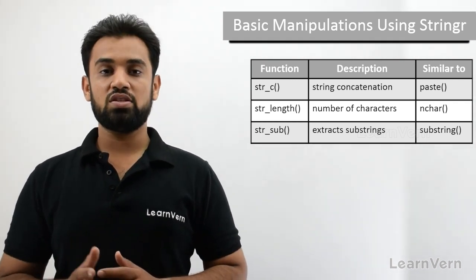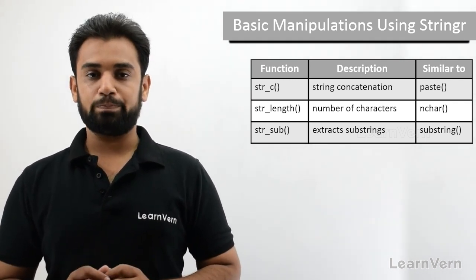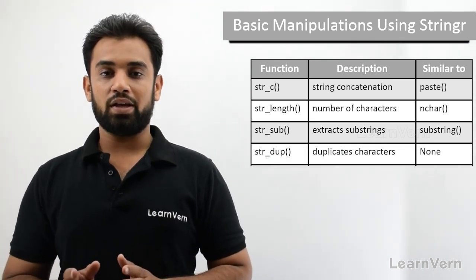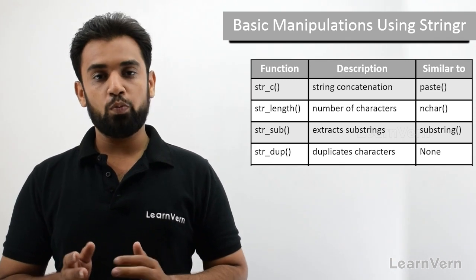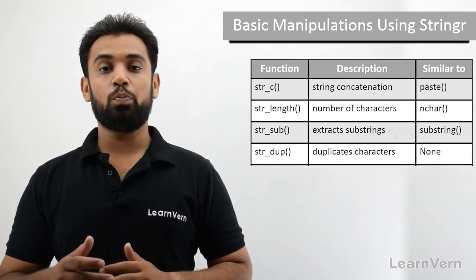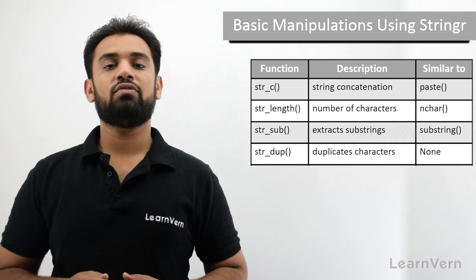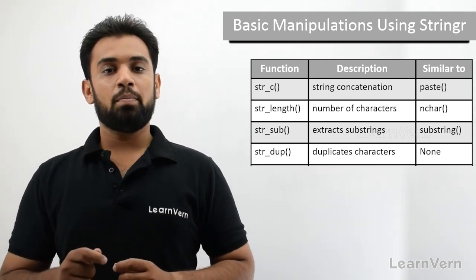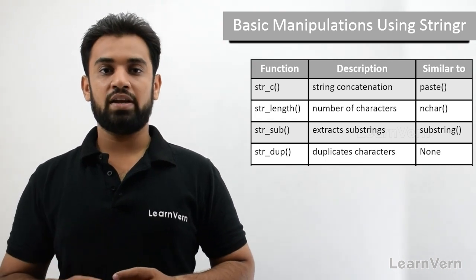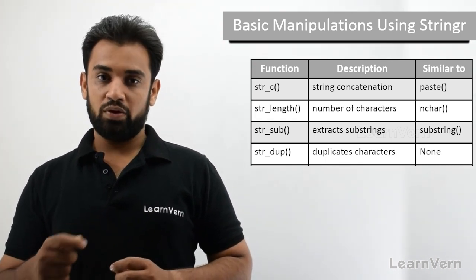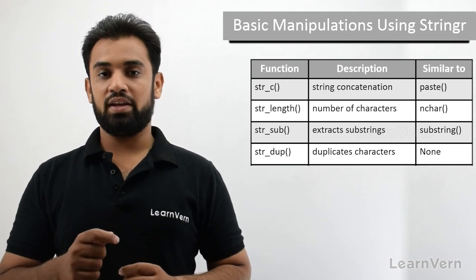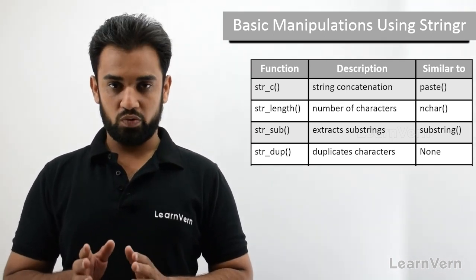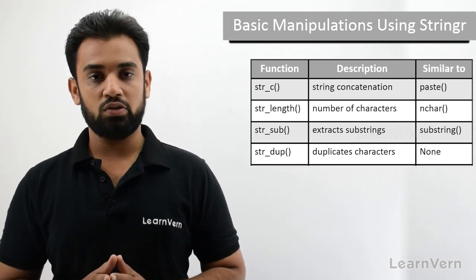What are the other functions in this package? We will see them. str_dup, that is duplicate string. This does not remove the duplicated strings, but it will duplicate the string itself. For example, if I have a character vector, say ABC, and if I want to duplicate it by, let's say, 3 times, then it will write ABC 3 times. So every character, every letter A, B and C will be repeated 3 times. So this is how this function works. We will also see practically how this function works.